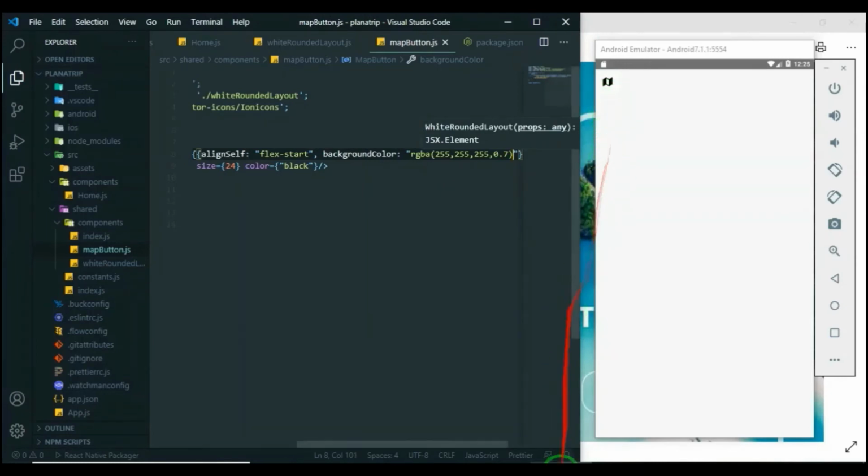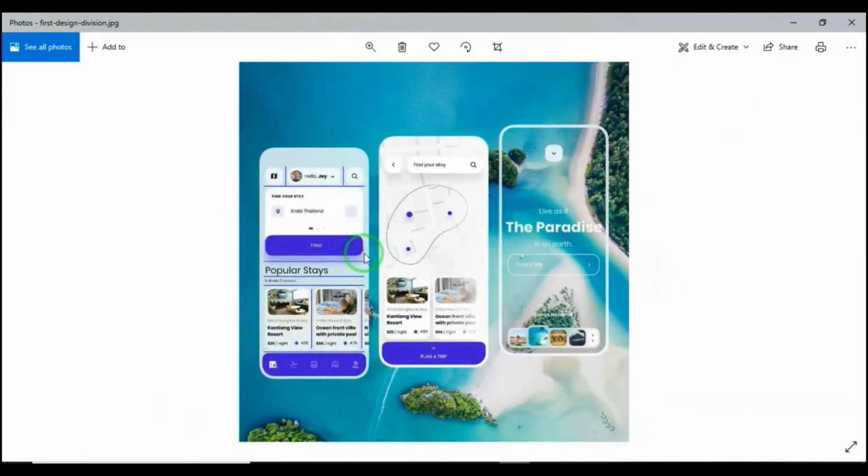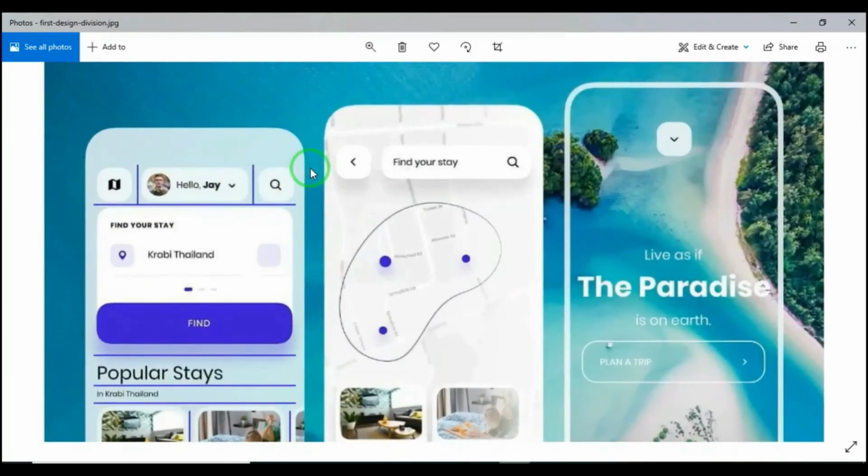Yes, it's okay, but because we do not have the background color for our screen, we cannot see the changes clearly. Let's see what's the background. The background color of the application is blue, and its blue color is